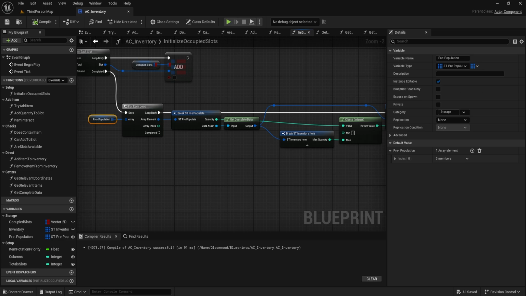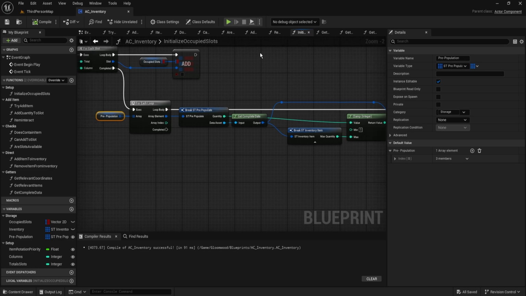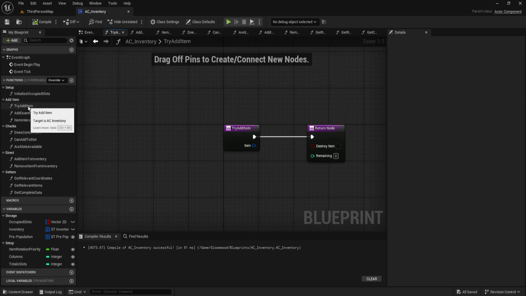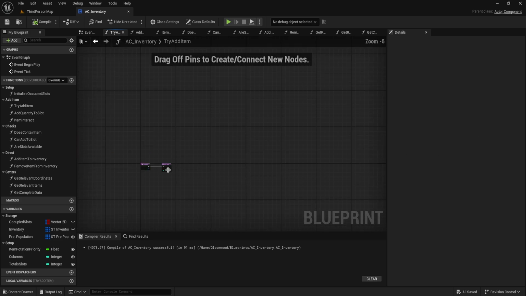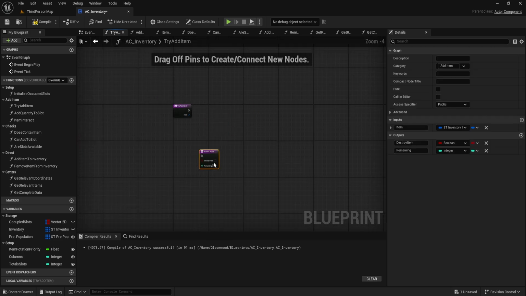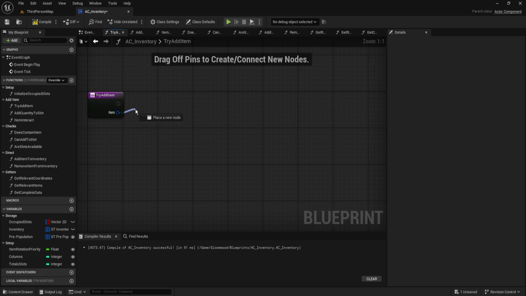And that'll do it for our initialize. Let's move on to the next one, the try add item. So for try add item, we're going to move this, and we're going to do things little by little. First we're going to promote this to a local variable, which we will call